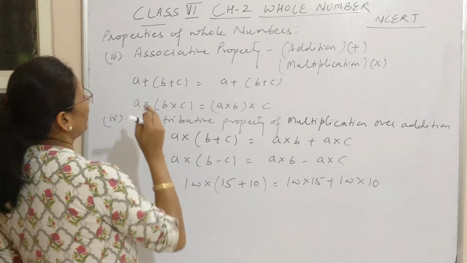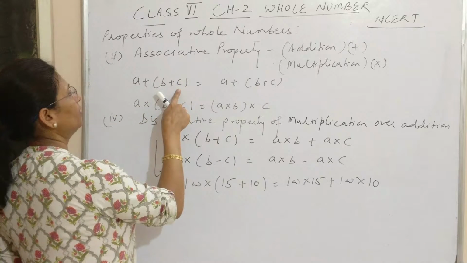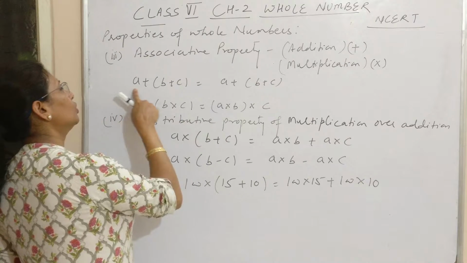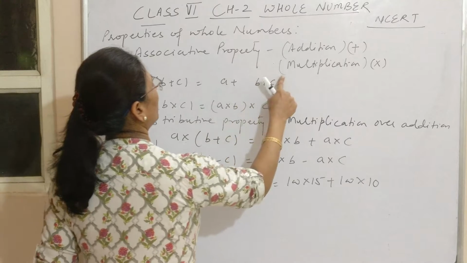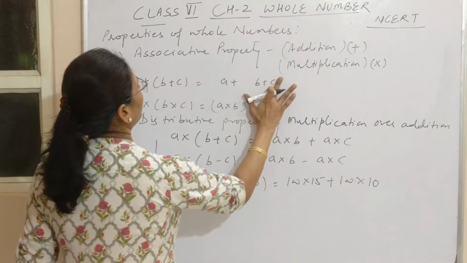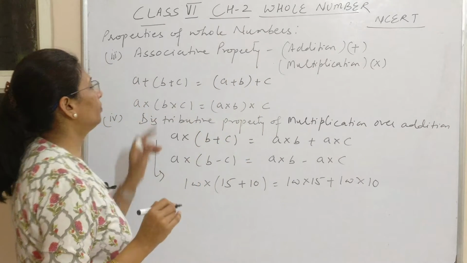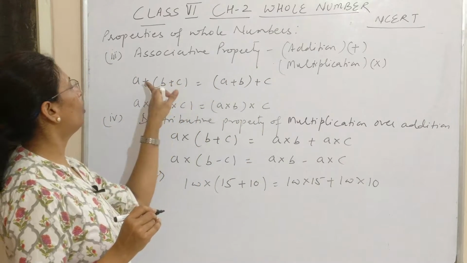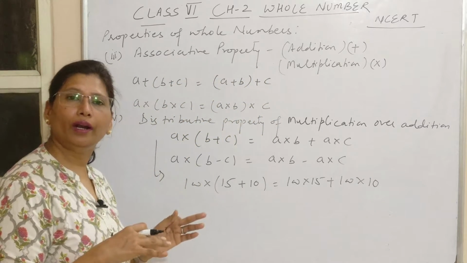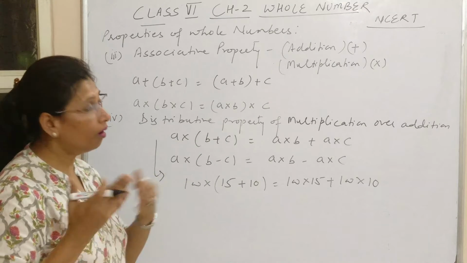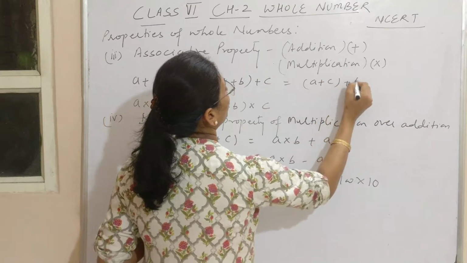So it means when you are adding three numbers, a plus b plus c, either you can add these two numbers and the sum can be added to a. So whatever is the total sum, this sum remains the same. Okay, I have just made a mistake. When you are adding a plus b plus c, it means you can add these two numbers and then add the third number, or you can add the second and third number and add the sum to the first number, that is all right. Or even a plus c plus b is also okay.